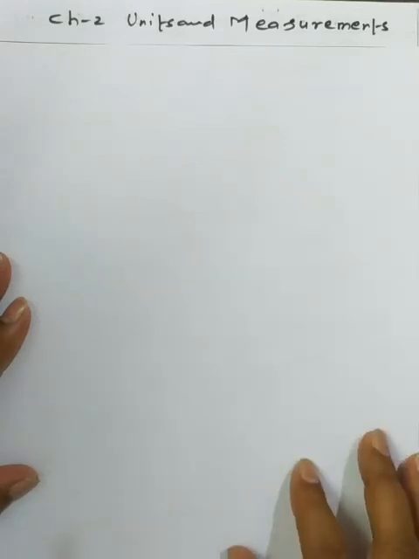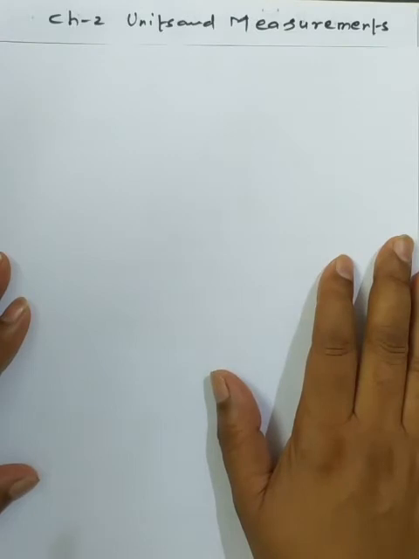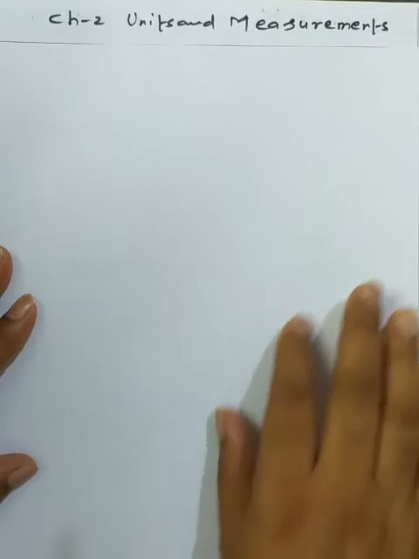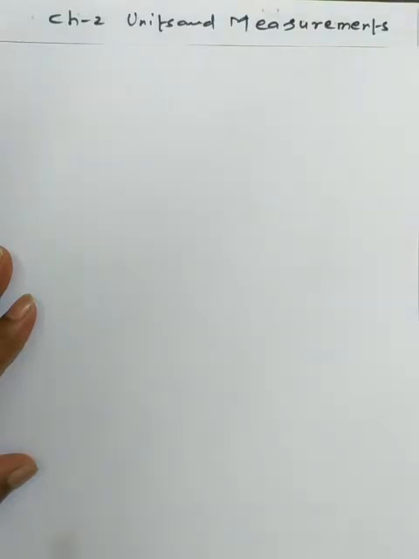Now, dear students, from today we will go through the revision part, and we have chapter number 2, units and measurement. And today we will take the topic that is parallax. Already we have taken one lecture about parallax. Now we will discuss the formula and the important numericals that can come in the examination for calculations.